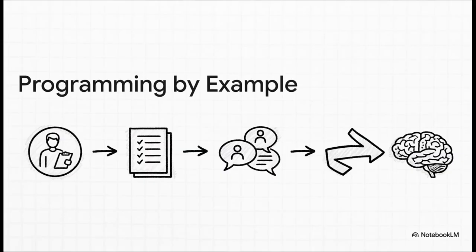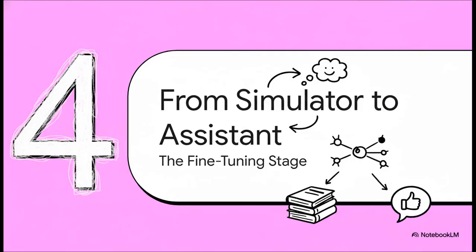And this is a very human-driven process. I mean, companies literally hire armies of human labelers and give them super detailed instruction manuals on how the assistant should behave: be helpful, be truthful, be harmless. These people then sit down and write thousands and thousands of perfect example conversations, showing the AI exactly how to respond. The base model then just continues its training, but now on this new, perfectly curated data. So it's this fine-tuning stage that really transforms the model from that raw internet simulator into the helpful conversational assistant we all know.